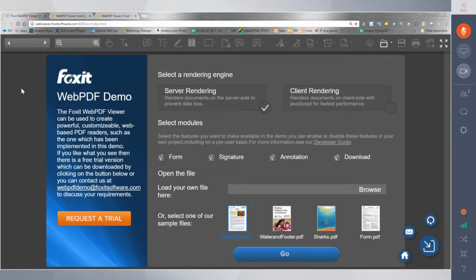The WebPDFViewer can deliver PDF documents to desktops and mobile tablets, and by providing both a server rendering and a client rendering solution, we can match the level of security required for any particular deployment. The server-side and client-side viewing modes will allow either the server to carry the rendering or the client to carry the rendering. In server-side rendering, we're able to